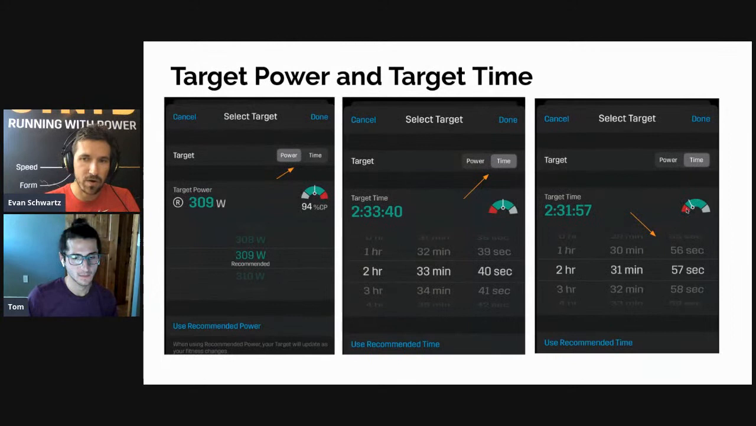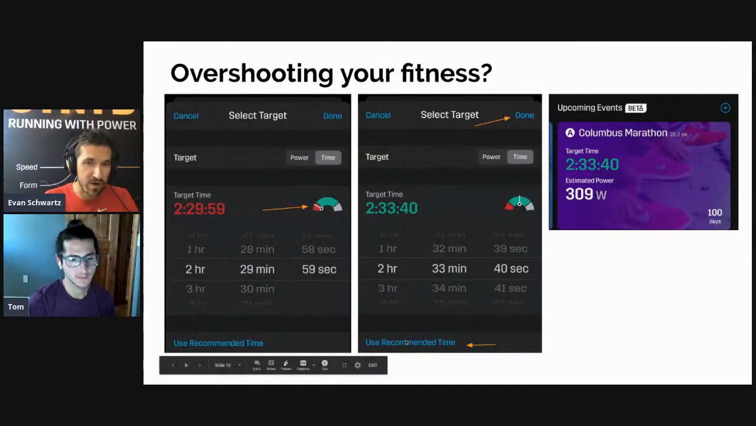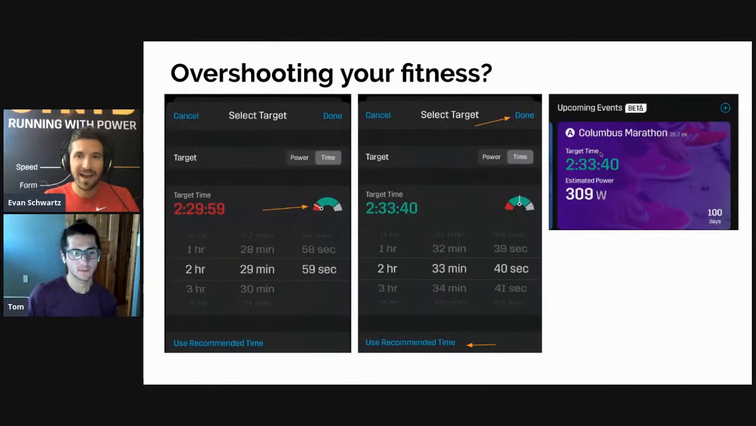We can see it's starting to approach this red side on the dial here. I want to break 2:30 at the Columbus Marathon. So I say 2:29:59, and it slightly goes over the edge there. I know that this is slightly outside of the zone that Stryd thinks that I'm capable of right now, and for my best chances, I should just switch it back to use recommended time, press done, and then I have